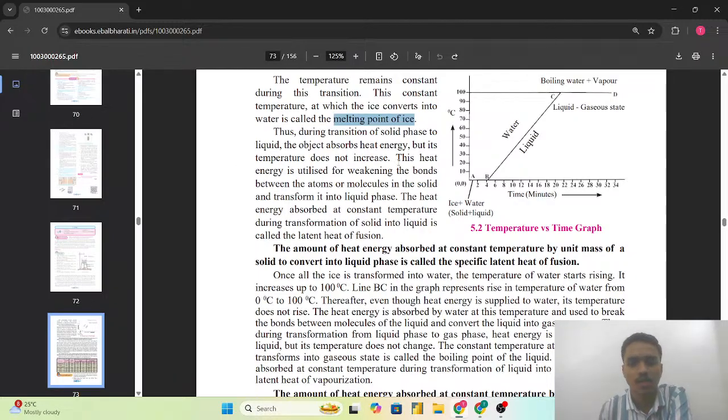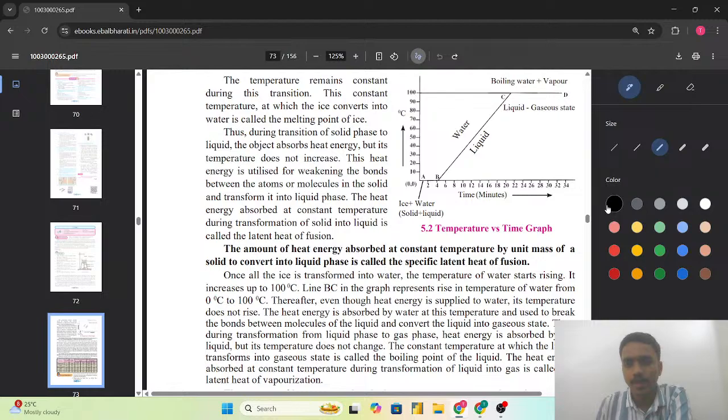temperature does not increase. This heat energy is utilized for weakening the bonds between the atoms or the molecules in the solid and transform it into the liquid phase. The heat energy absorbed at the constant temperature during transformation of the solid into liquid is called the latent heat of the fusion. So as we have seen here, the amount of the energy, मतलब जो heat जो